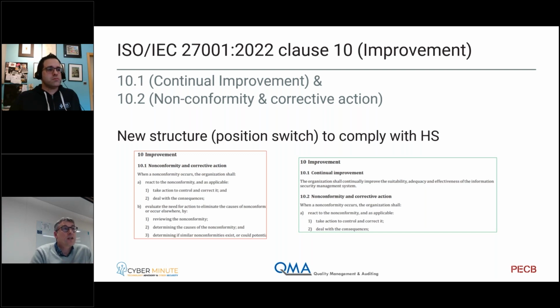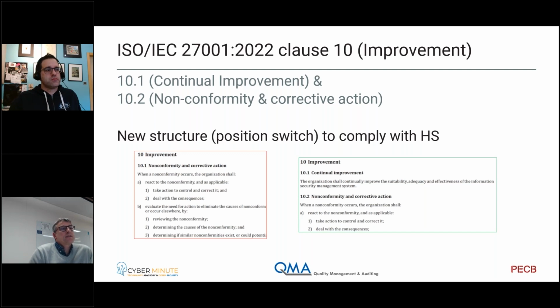And we see a lot of companies struggling with that, how to log it, how to show us that you did a root cause analysis, how to show us that you implemented a corrective action, and also important, how you show us that you evaluated the effectiveness of the action. That's something to think about. And non-conformities can come out of security incidents, they can come out of internal audits, external audits, audits by your clients,